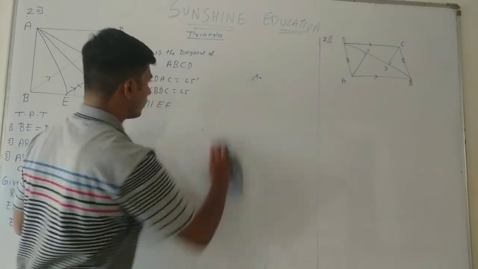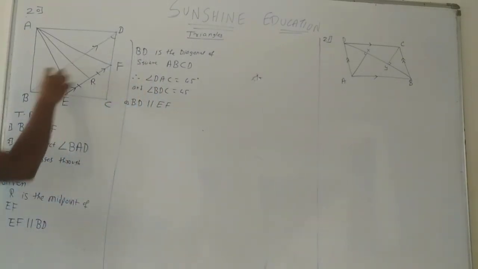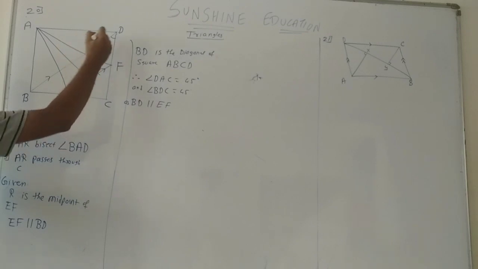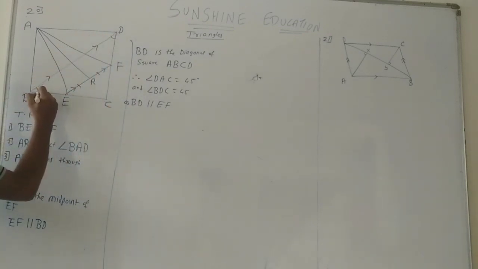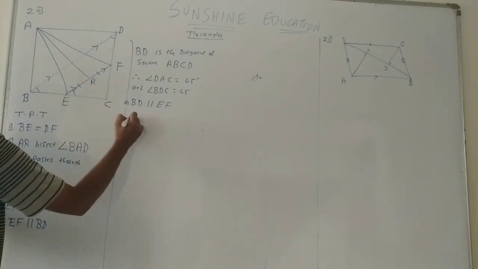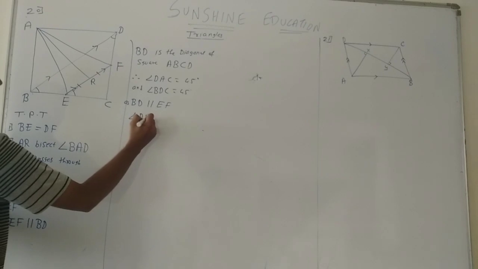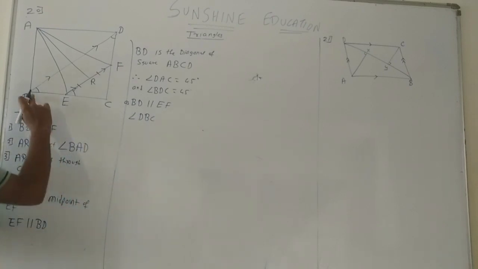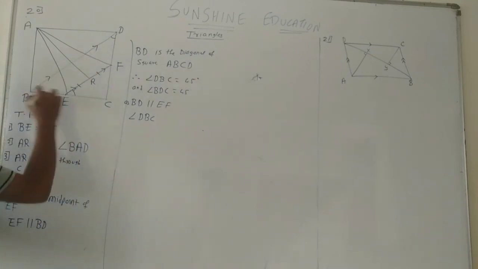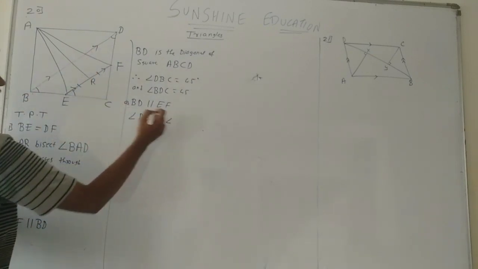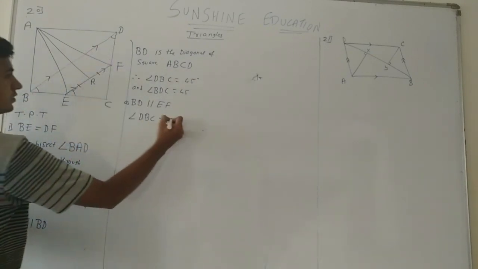Therefore, as these two are parallel lines, can I say that angle DBC, that is this angle, is equal to this angle? Therefore I can say that DBC is equal to FEC,